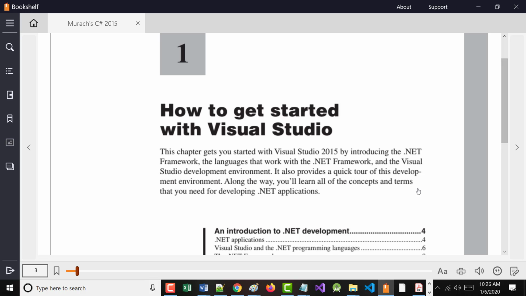Okay? So again, the chapter starts by showing you Visual Studio and giving you a tour. Now, notice it says here Visual Studio 2015. The one I'm having you download is the latest and greatest, which is 2019. Some of the pictures, some of the stuff has changed a little bit. Don't worry about that. You'll never be tested on where is this on the screen. That's not what this is about. But when you do bring it up,